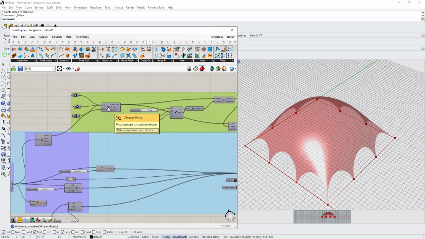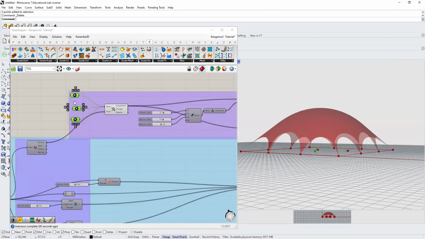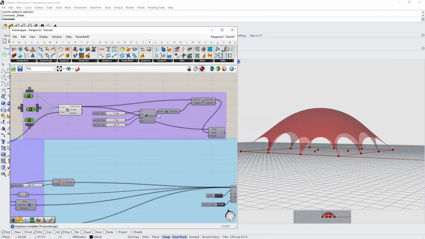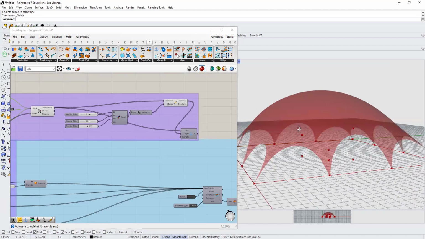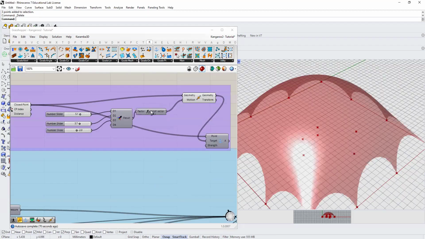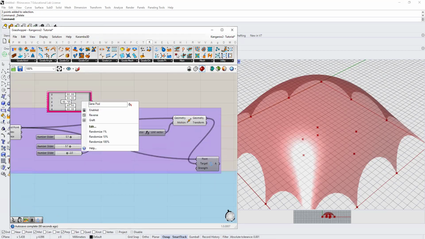Here I use pull points, and here are those random points I dropped onto the plane, and then I picked the 3 points on the mesh closest to those 3 random points, and then I move them to a different Z value. You can either give it different number sliders, or you can drop a gene pool and say, well, I have